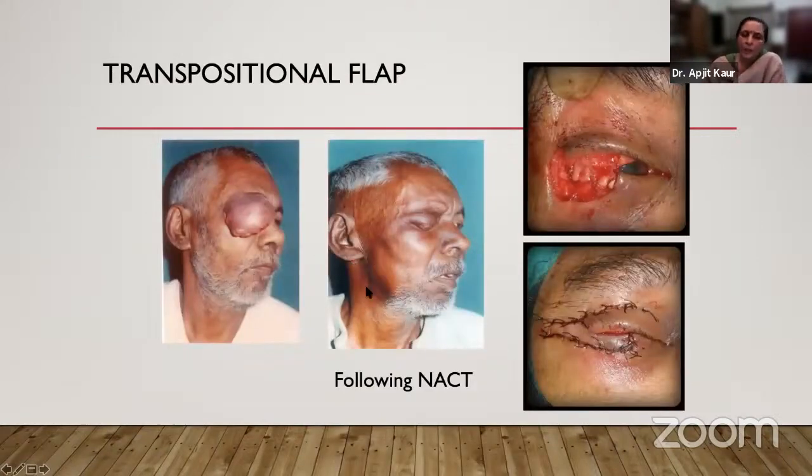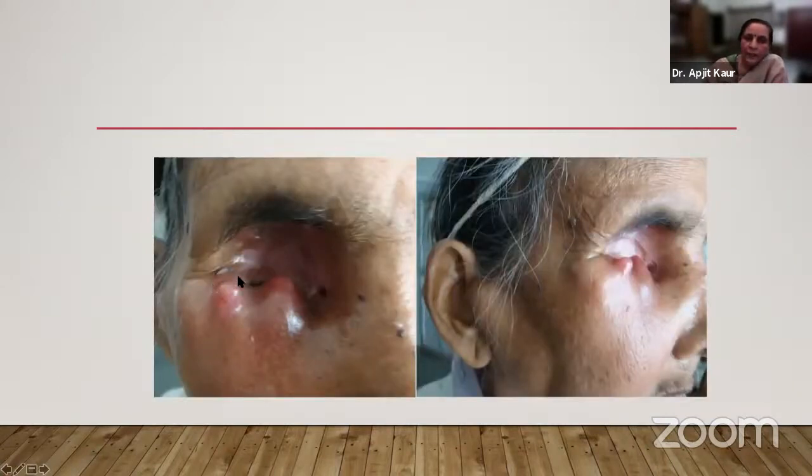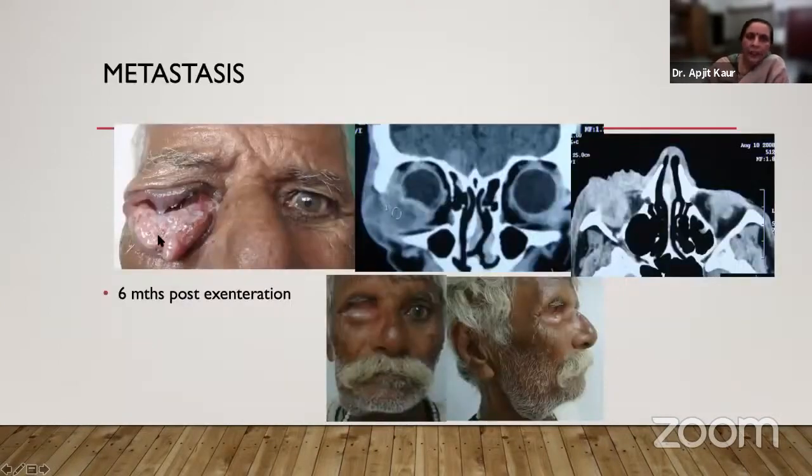Now this is composite treatment. Large tumor, NACT was given, and following the NACT, then this composite flap was done. Another patient where we did a forehead flap, but she was unfortunate, and then she developed these metastases. Another lady who had an exenteration, but had recurrences. You can see the large lymph nodes also. And here again, a patient who has, after his 6 months of exenteration, developed this submandibular metastasis.